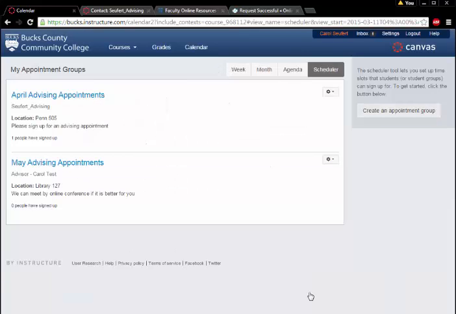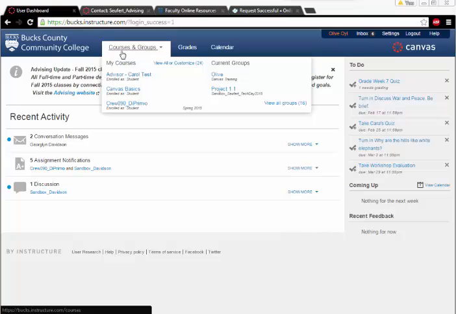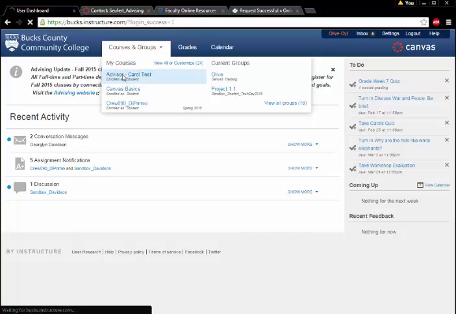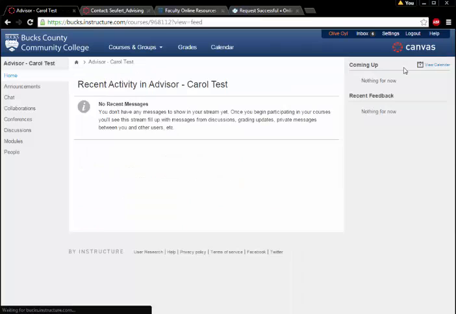Next, we'll see what the appointments look like from a student's view. I'm logged in as a student. Select courses and groups and select the advising space. And the student can access the calendar and scheduler either from the calendar link at the top or in the space by going to View Course Stream, View Calendar,